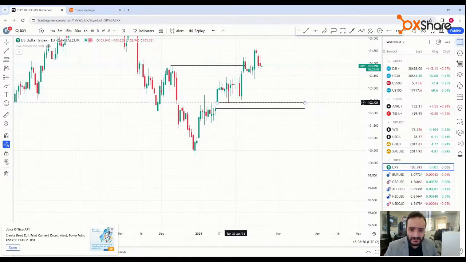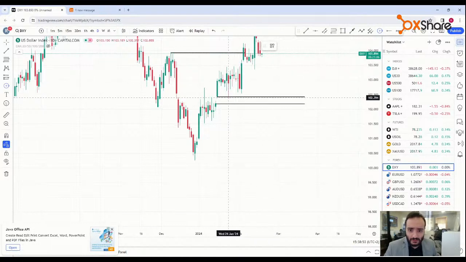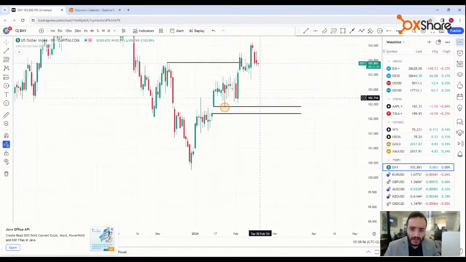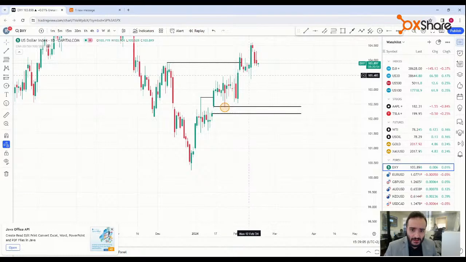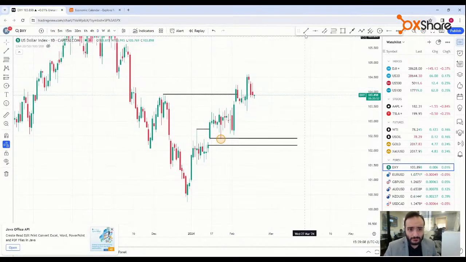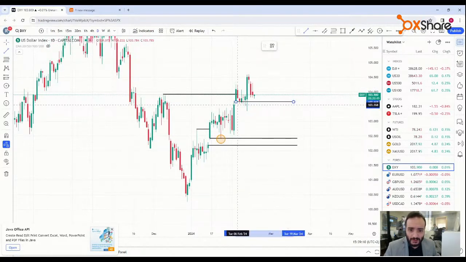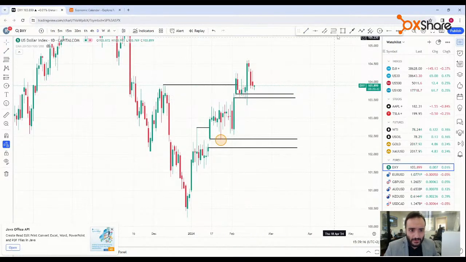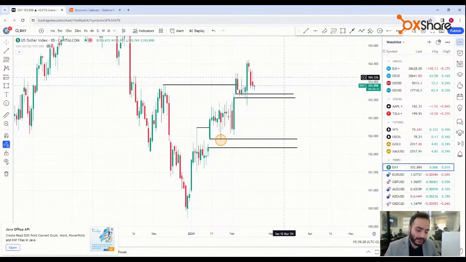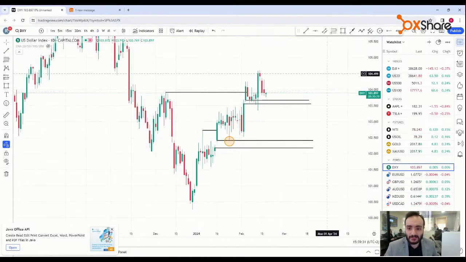As you can see, we respected this candle and this volume imbalance, and then we pushed to the upside. After breaking this high and creating a lower high, we retested this volume imbalance, and then we pushed to the upside. We can see another volume imbalance over here, and we respected it. These candles try to break down, and then we push to the upside. Of course, big economic data coming up this week can affect the DXY, so we need to practice some caution.